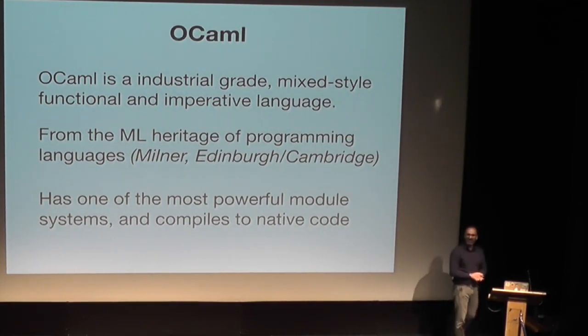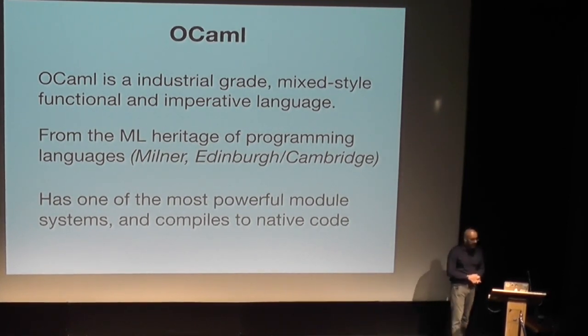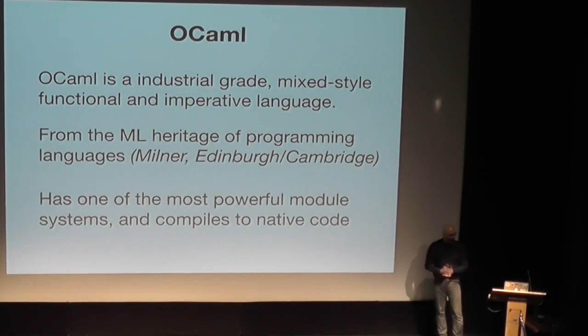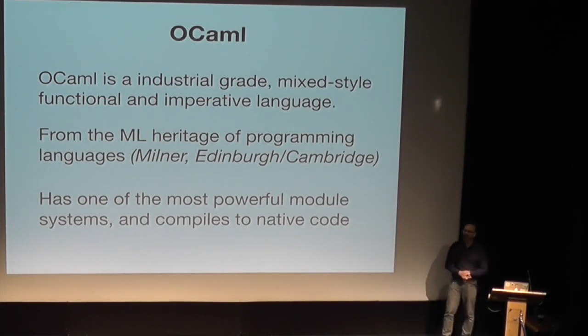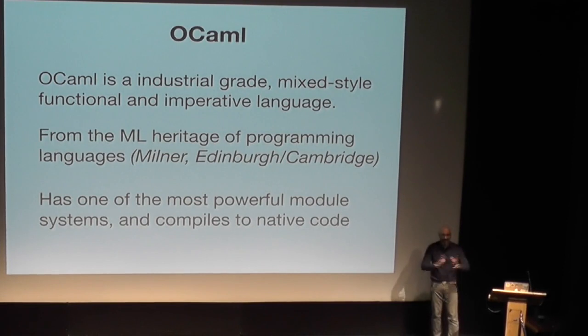And it comes from a very, very rich heritage of ML-style programming, which actually, again, came from Cambridge in Scotland. So Robin Milner was in Edinburgh for many, many years, and then became the head of the computer lab in Cambridge. And he designed this whole ML family of programming languages as a mechanism to make it work with his LCF theorem provers in the early days. And OCaml is characterized by an unusual pragmatism in functional languages. It has one of the most powerful module systems on the planet, which means that you can build large-scale abstractions, which I'll describe to you shortly.